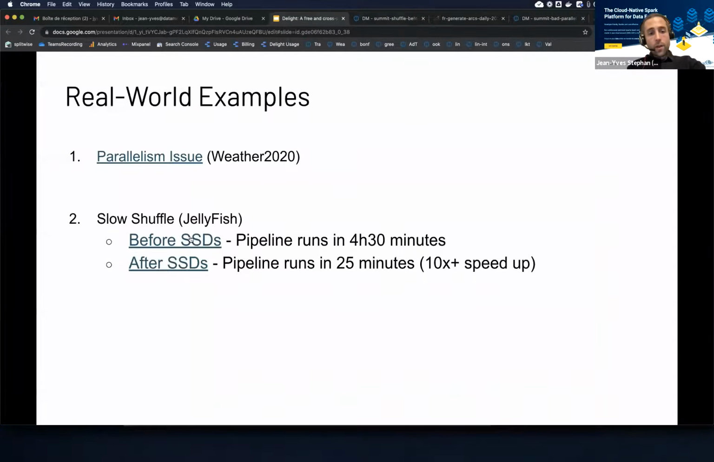So after figuring this out, there was one change that was done, and basically it was to mount local SSDs inside the Spark pods. Again, I don't want to diverge too much, but